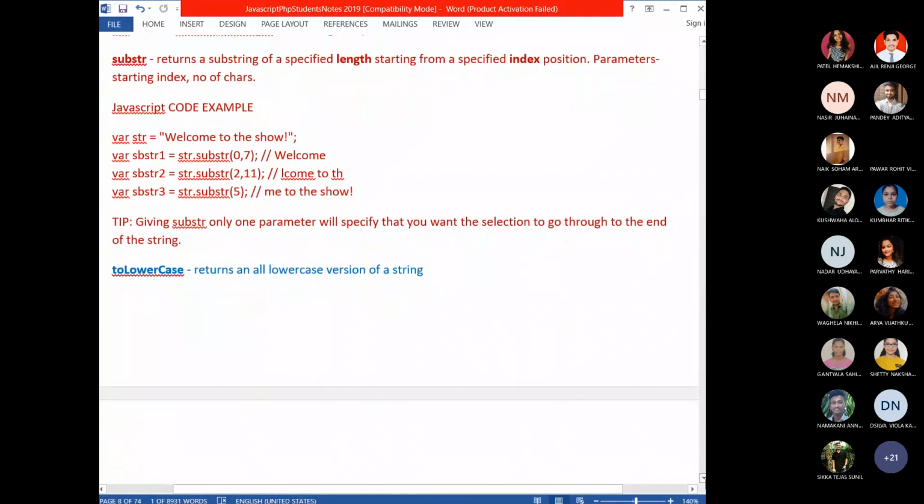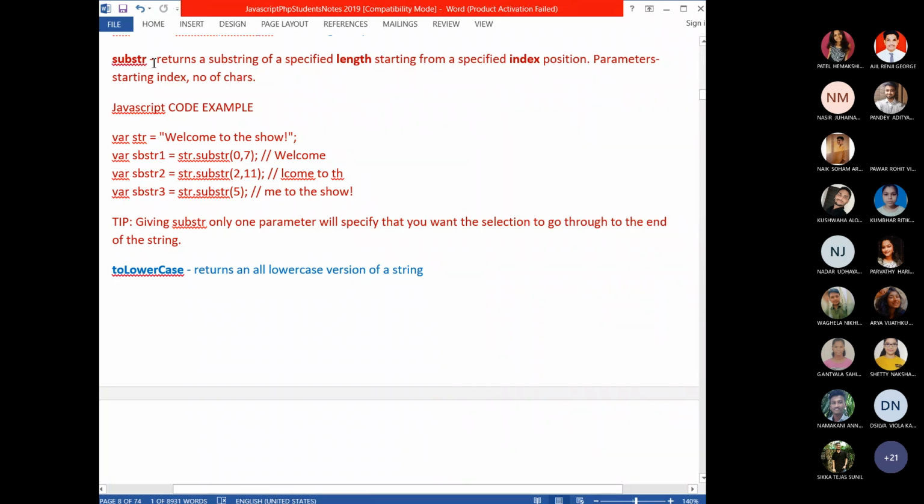Even at home you can do it, because now you know how to write JavaScript. Only adding the script you can write. By giving document.write, you can write and see what output you are getting. Okay. So the substring is also like slice only. It is used to pick up the substring from the given string. But look at the method name, substr, not substring.